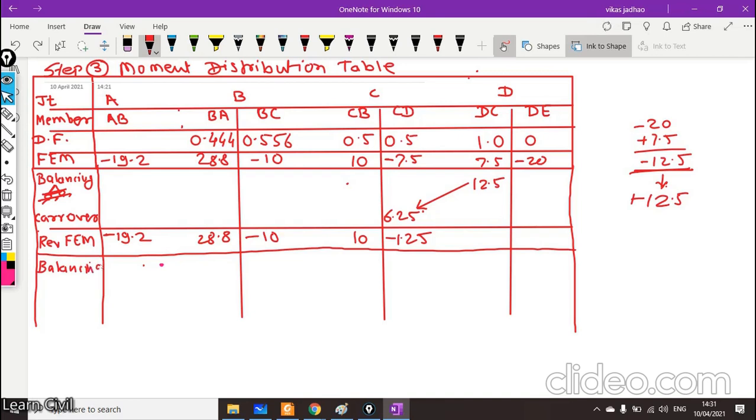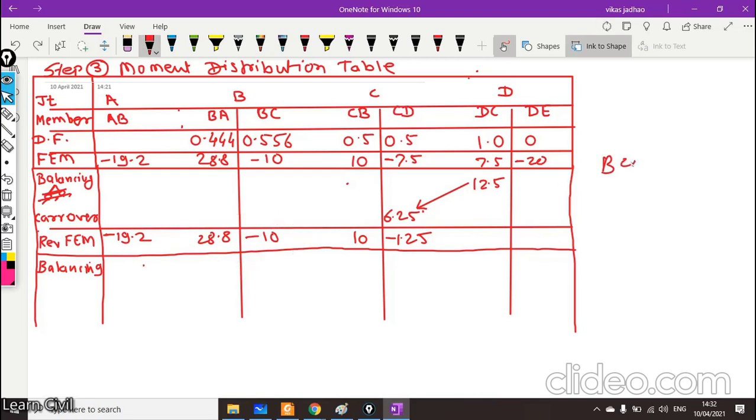Okay, next step is balancing. For balancing, what we'll be doing? We'll be calculating the unbalanced moment, and then applying the balancing moment. So at this joint B, we'll be having total unbalanced moment of